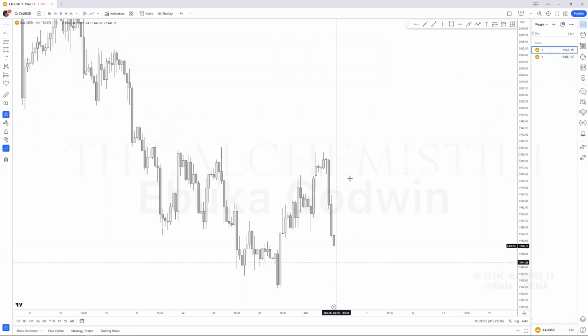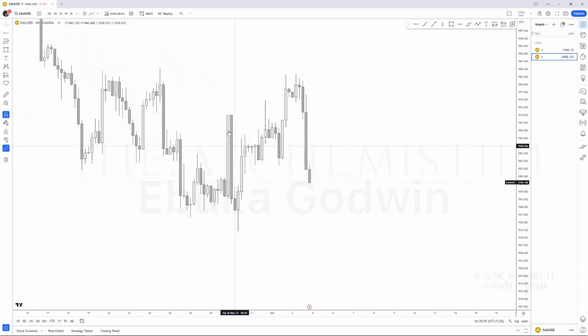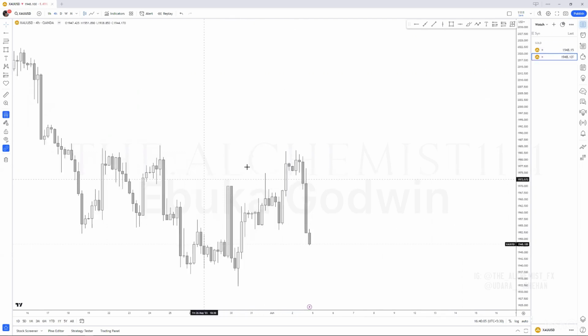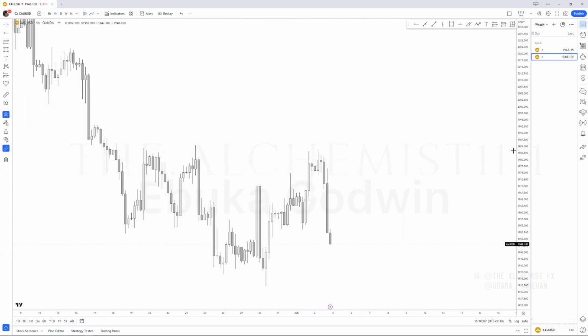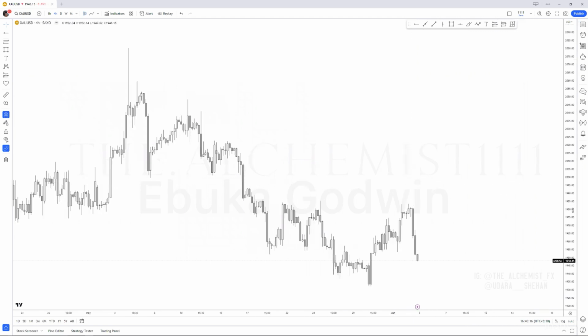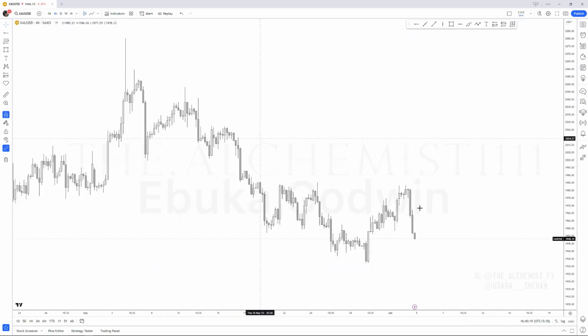Just have a look at these H4 candles on Saxo, and then if you go to Oanda, see, it's completely different. See, this wasn't even there on any MT4 broker. See that? These are broker issues. So don't use Oanda. Oanda is not accurate, in my opinion. I don't trust Oanda to do my analysis. I do my analysis only on MetaTrader itself. The closest one to MT4 is Saxo. So please, if you're trading gold, do not use any other broker.